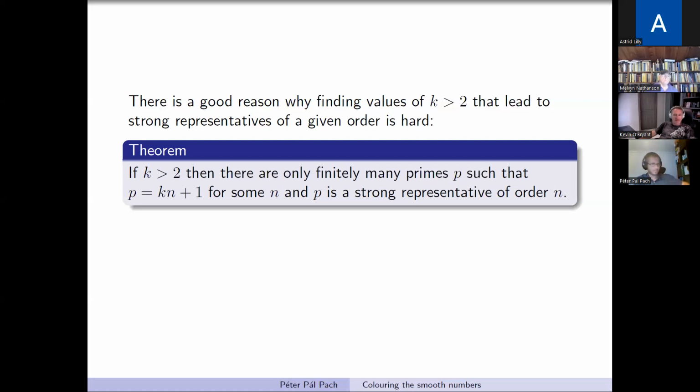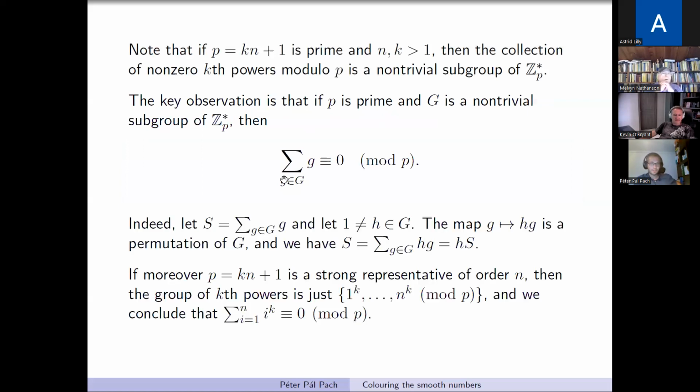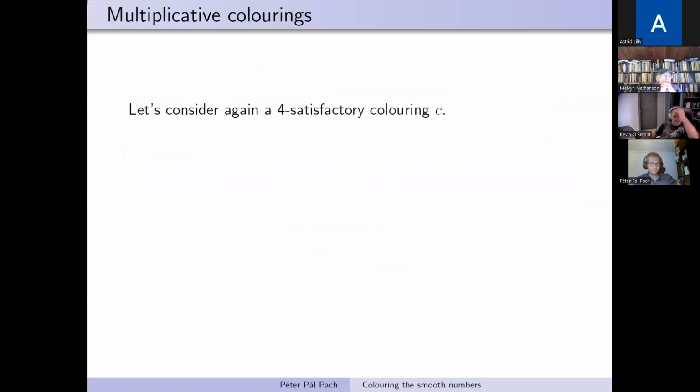I think I skipped the proof of this statement because I would like to show something else. So let's get back to